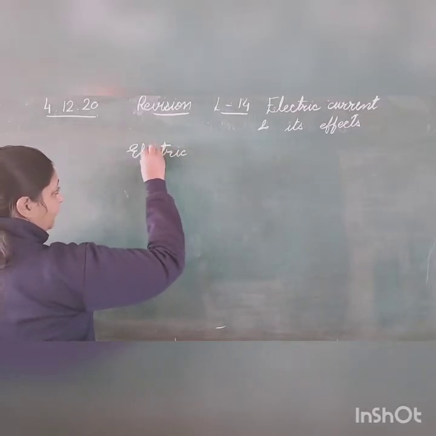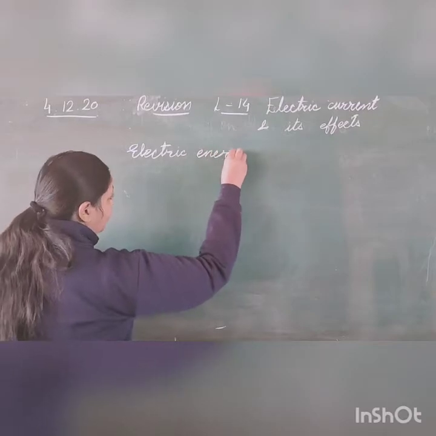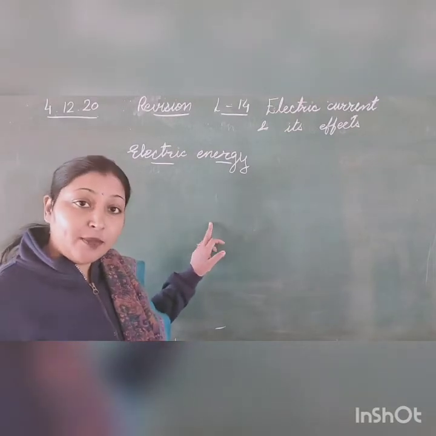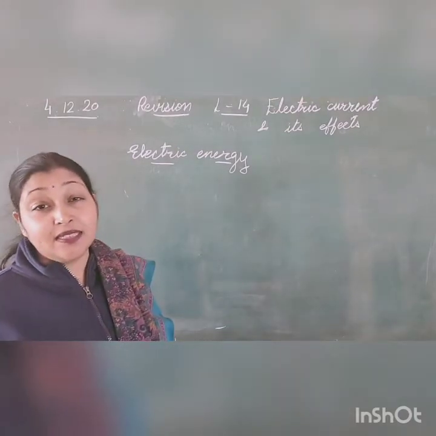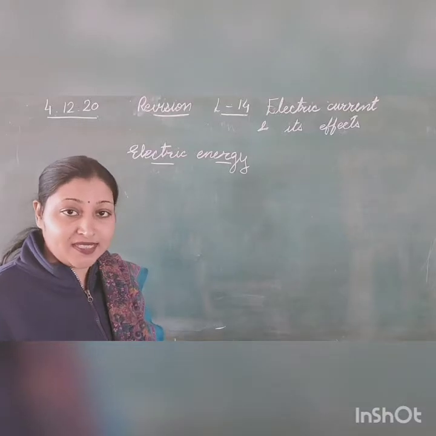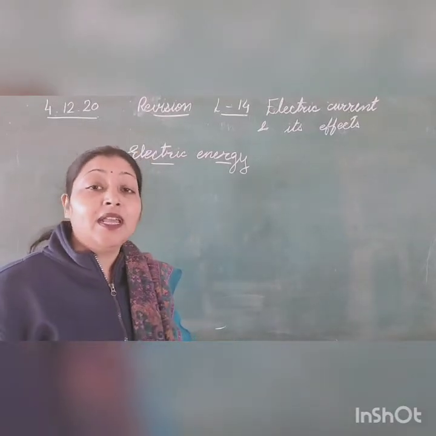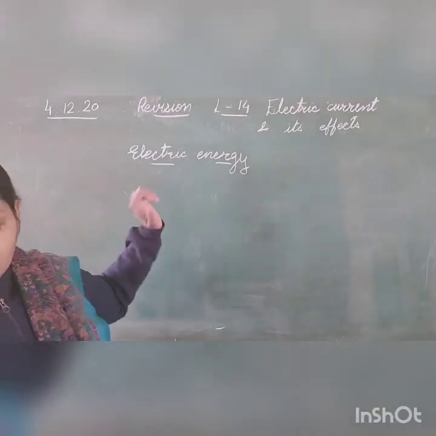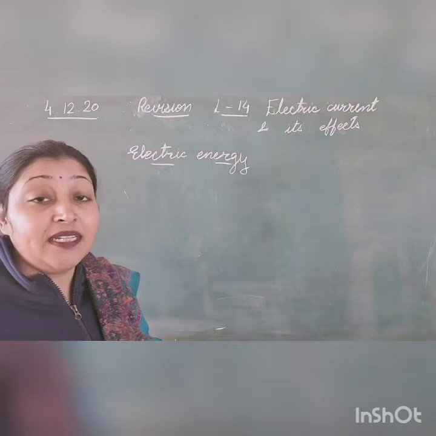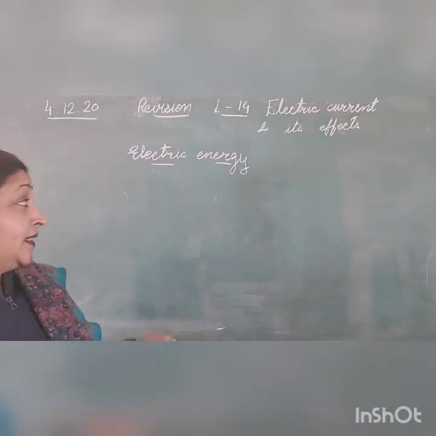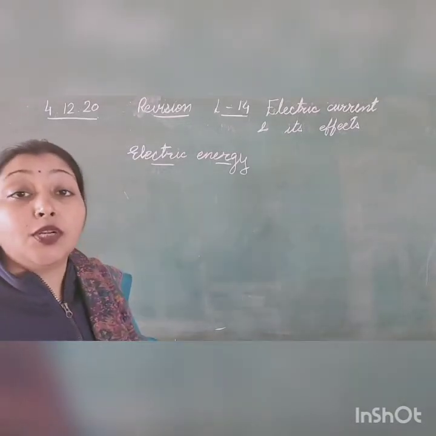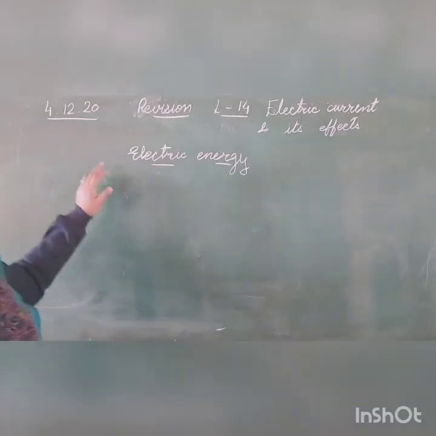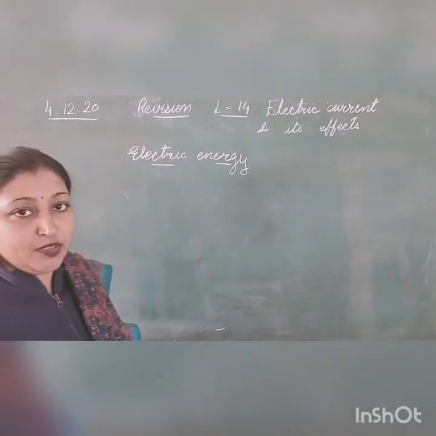And children, we all know that we use this energy in various forms. Isn't it? To light our bulbs, to run fans, ACs, to run so many machines, like our washing machine, even heaters. Now children, this energy is convenient and is also used in a controllable amount, in a controllable way. So this form of energy is very good to use.